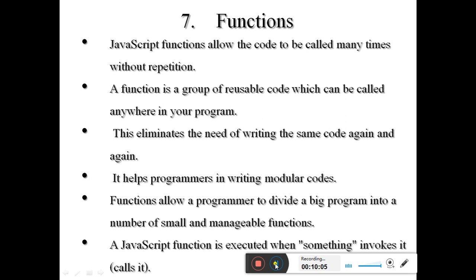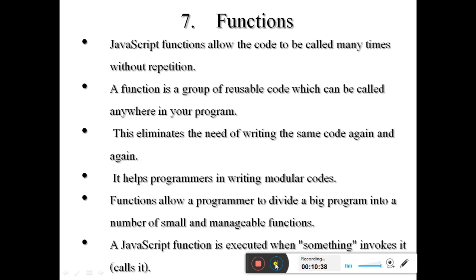If you collect all the reusable code and put it in a block, then whenever you require it, you can just call that set of reusable code and apply it in your programming. So this eliminates the need of writing the same code again and again.